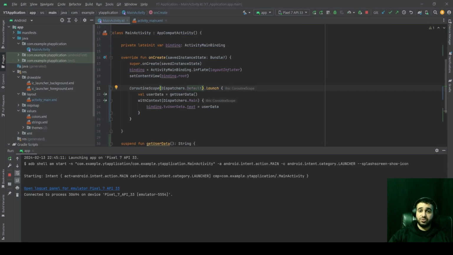And next we have our Dispatchers.Default. The default dispatcher is optimized for CPU-intensive operations. It also uses a shared pool of threads like the I/O dispatcher, but it is specifically intended for computational work that can be run in a parallel manner. Okay, so we're talking about tasks which require substantial computational resources, like processing large data sets, performing complex algorithms, or any work that's CPU bound. Okay, this can also be something like processing a large image, maybe sorting a large list of data. Tasks like that should be done using the Dispatchers.Default to avoid blocking the main thread